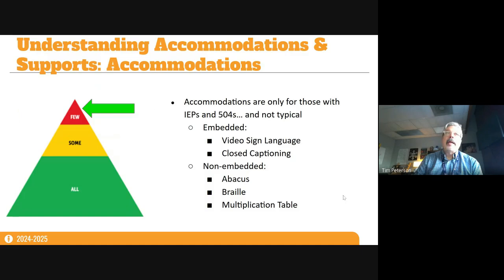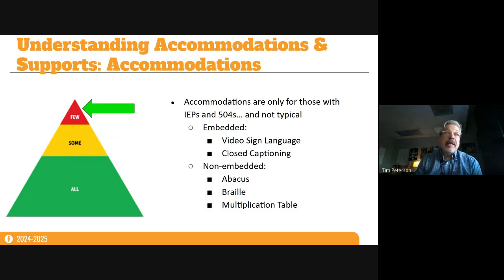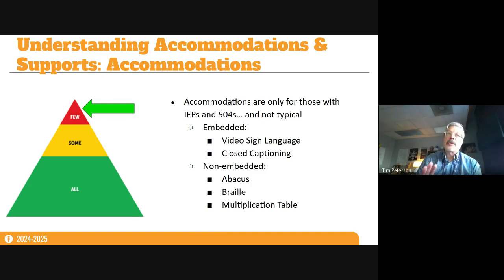All right. And finally, accommodations. These are few and far between. They could be things like video sign language or closed captioning. Those would be embedded in the software. Multiplication table, if that is written into their IEP, or abacus or braille. So those are some things that are only for students who have IEPs or 504s, and that it is written into their IEP or their 504 plan.